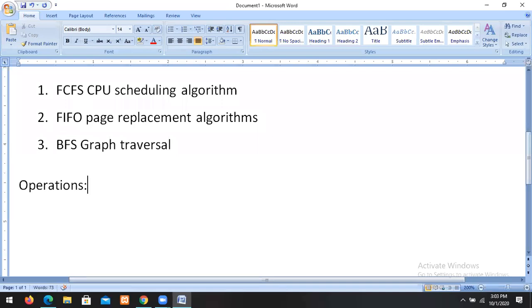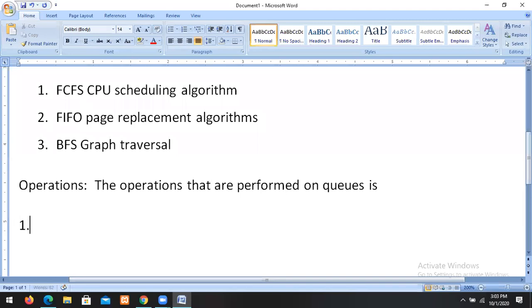What are the operations performed on queues? One is add queue or enqueue.